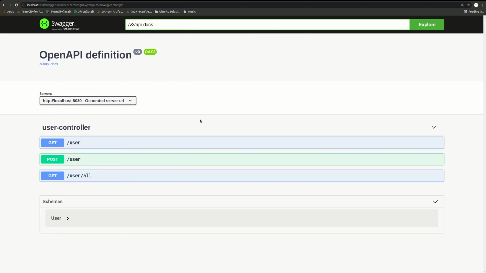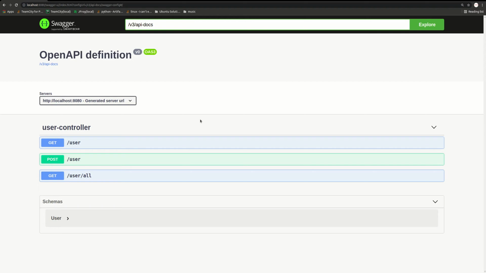In today's video, I am going to show you how you can generate documentation for your Spring Boot REST API using Swagger. Swagger is mainly used to generate REST API documentation. If someone has created REST APIs using Spring Boot and wants to document his API so that anyone can visualize and use those APIs easily, then with Swagger it becomes very easy to generate that documentation.